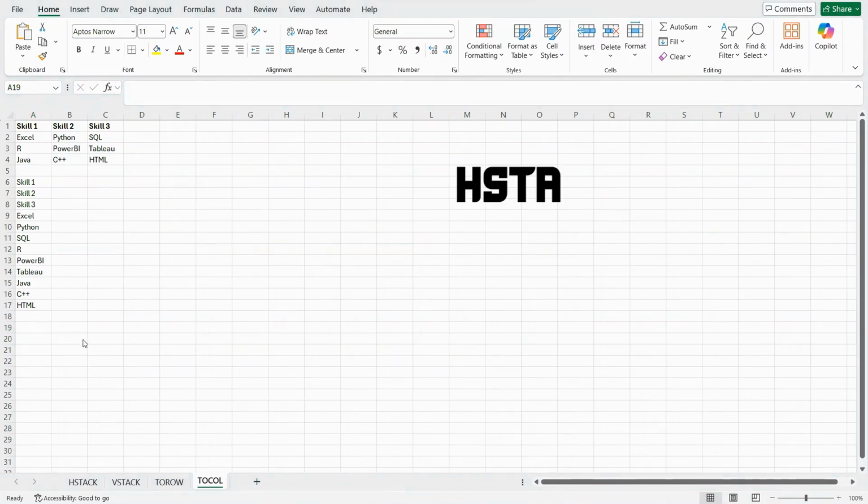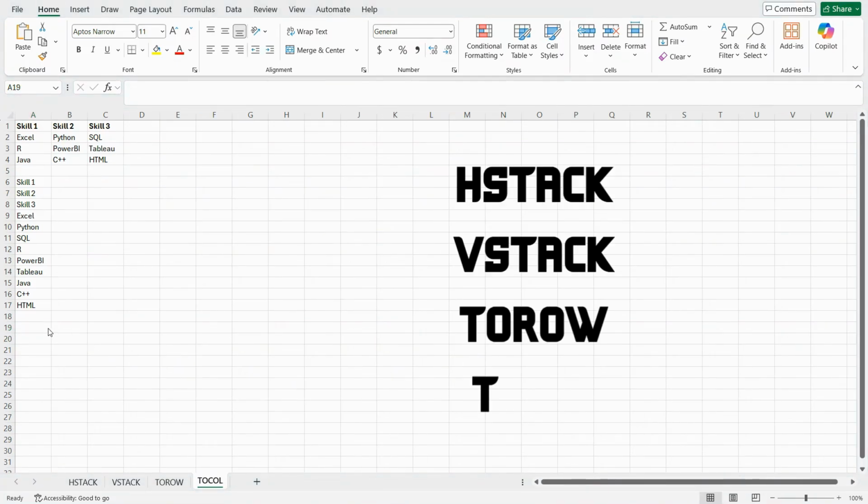Modern Excel is all about reshaping data instantly. HSTACK and VSTACK combine your tables. TOROW and TOCOL flatten them for automation, search, and clean workflows. Try these 4 functions and you'll never